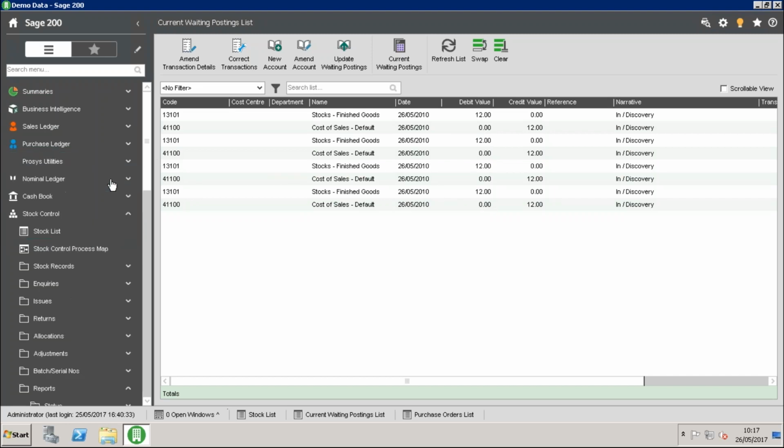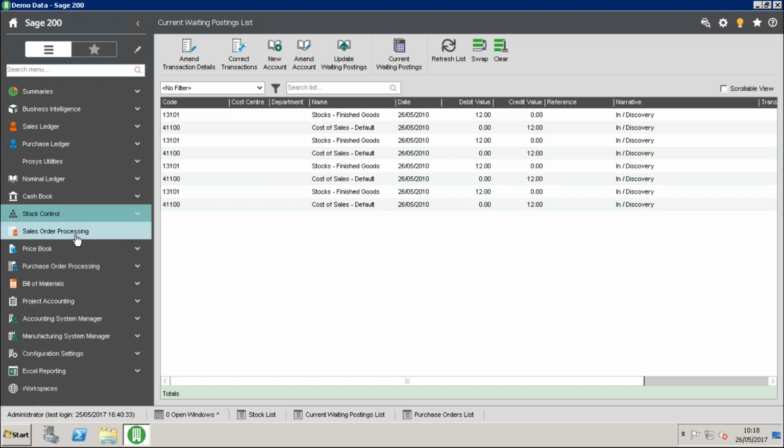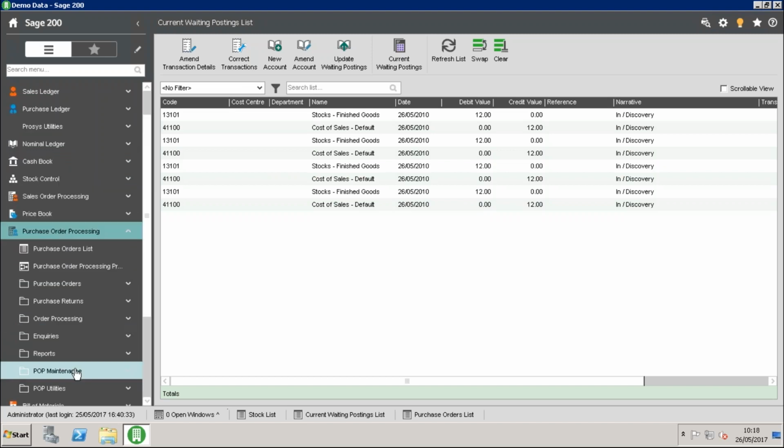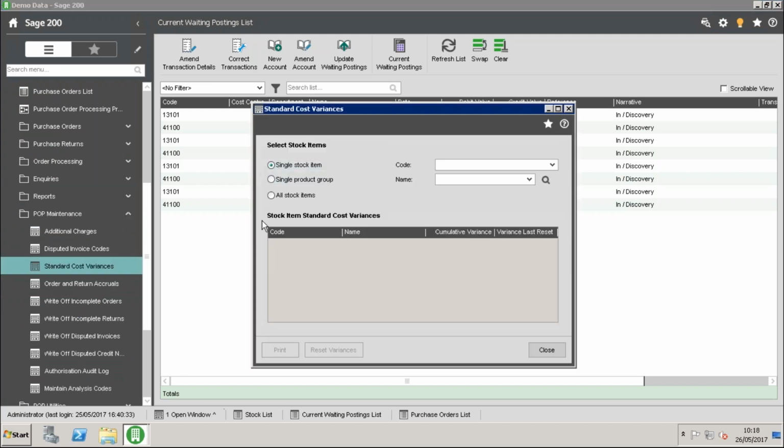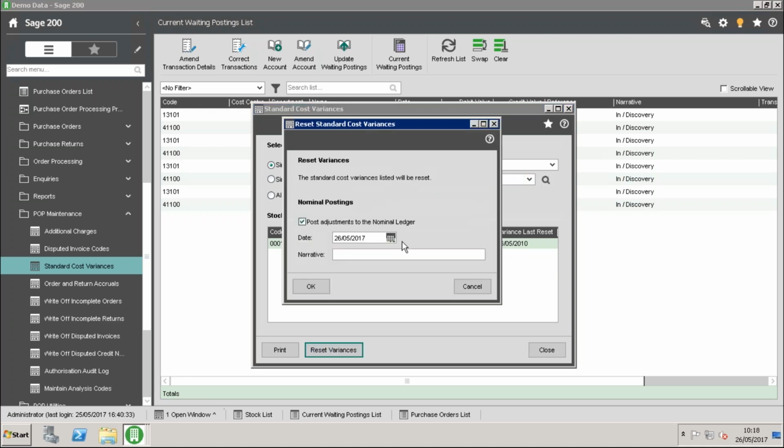So once again, as part of that month-end routine in purchase order processing, standard cost variance, okay, it will pick up that variance even though we didn't book it in via purchase order processing. That routine will pick up any stock standard costed transactions that need to be adjusted and process them all at the same time. So again, if I just reset my variance